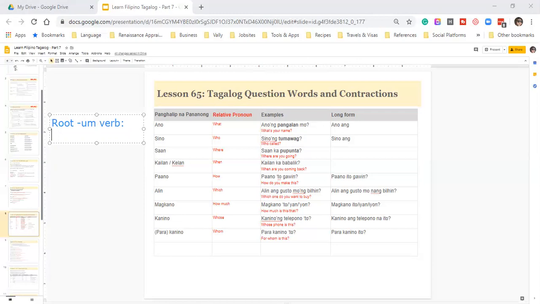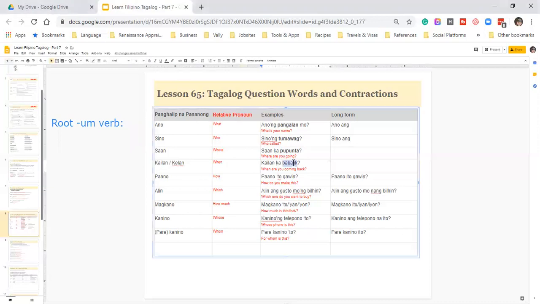Kailan ka? What is the past tense of balik? Babalik. Verb. Okay, for example, bumalik. Kailan ka bumalik? Use all the tenses. If you can't, then I will correct you. So it's bumalik, and then